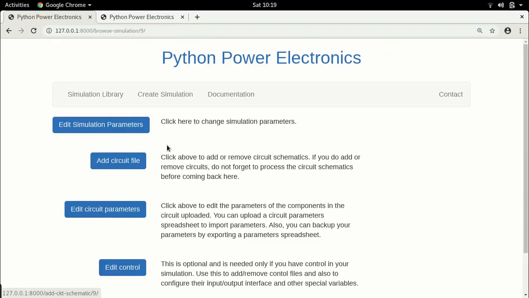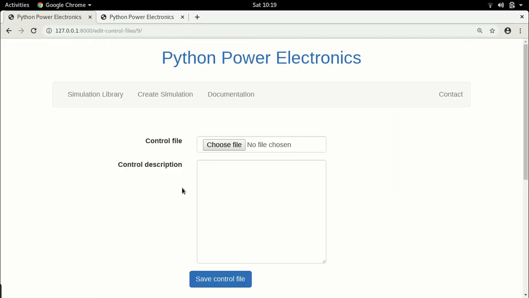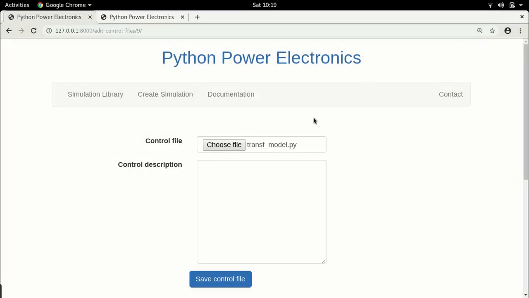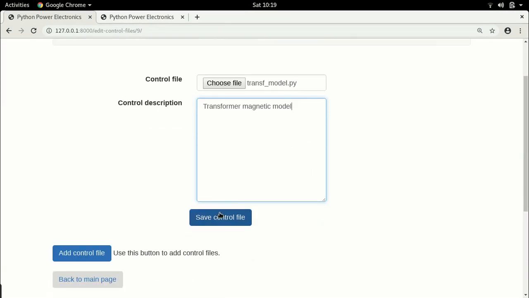And now that we've done with this, we need to edit the control file. So we don't have a control file at all, because remember, we stopped at this stage and we had gone directly to the 3-winding separate directory where we had created a test box for our 3-winding transformer. So here, make sure you're in the right directory, add the transformer model.py. I'm just going to call this transformer model, magnetic model. Save it,